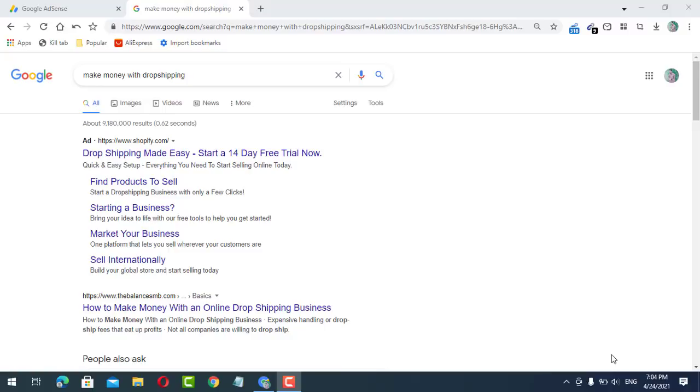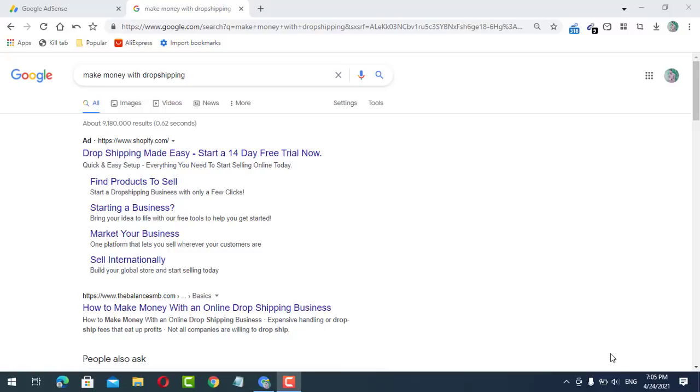Drop shipping is an online service through which you can buy things and sell to your customers. In this business, you make your own website and attach it with big shopping websites like Alibaba.com, Amazon, and affiliate marketing sites.